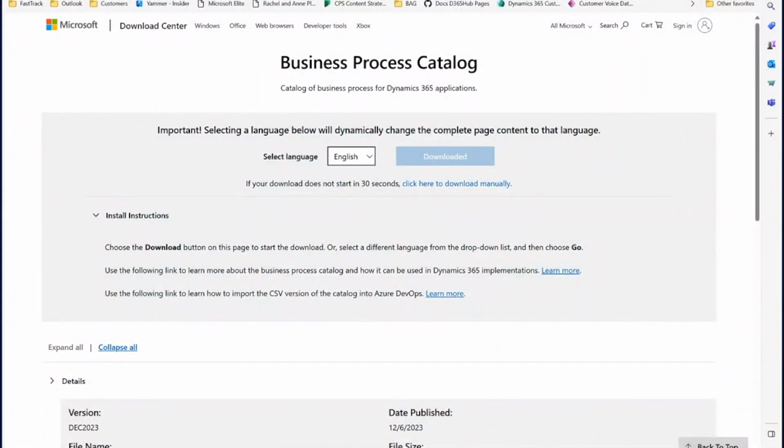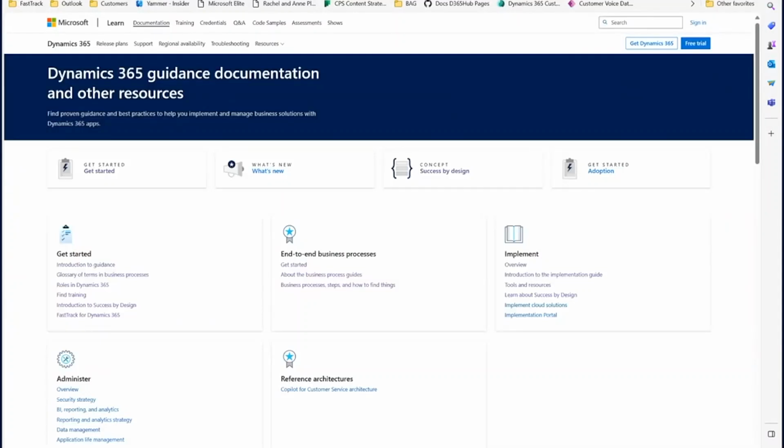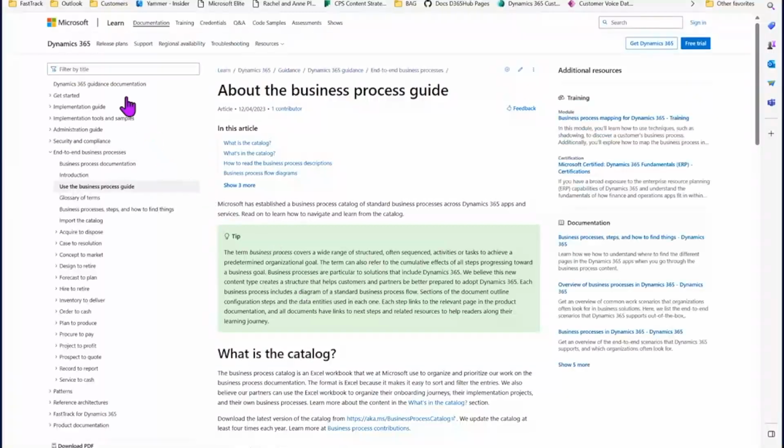And I'm going to go into the Guidance Hub. So this is aka.ms/one guidance, and I'm just going to go into the business process guide. I'm going to click on any one of these links. And once you're in the Guidance Hub, anywhere in here underneath the business process,